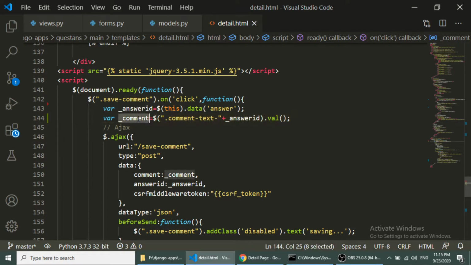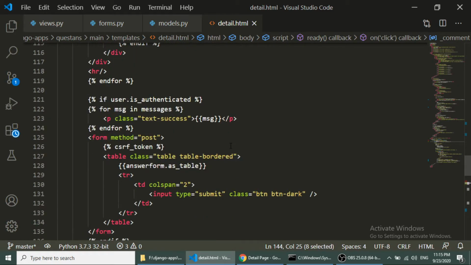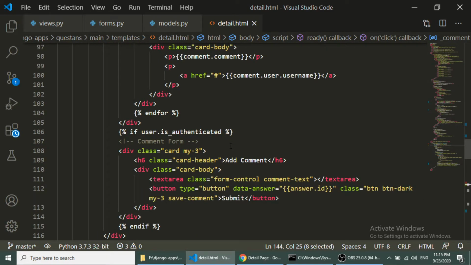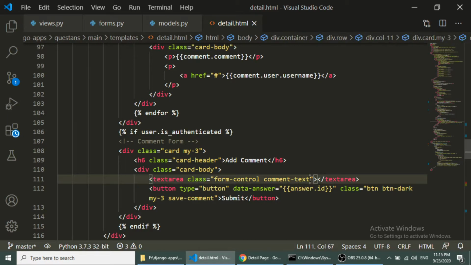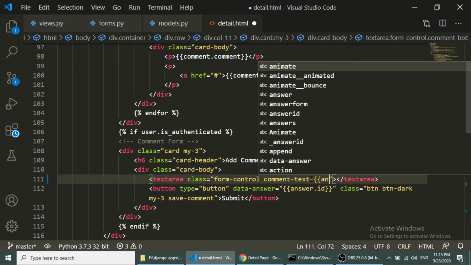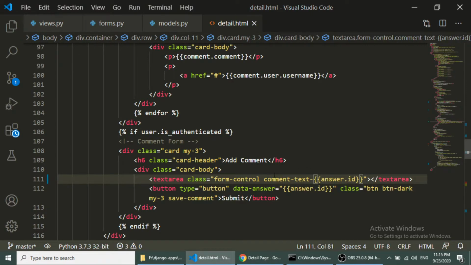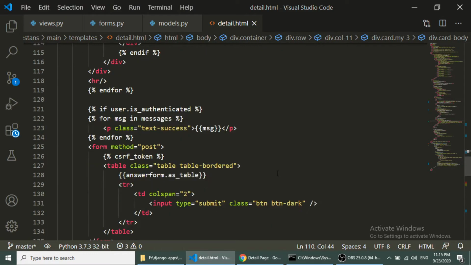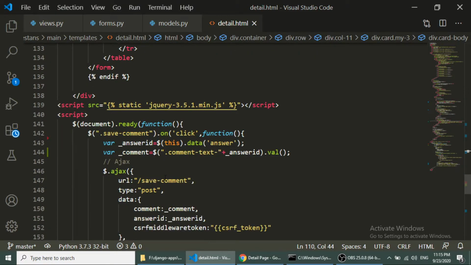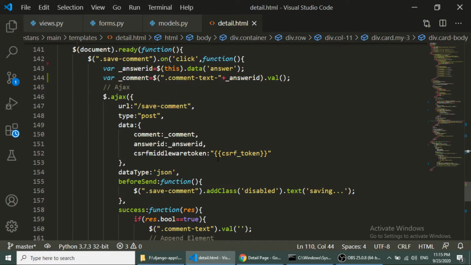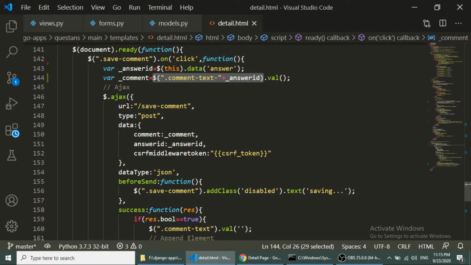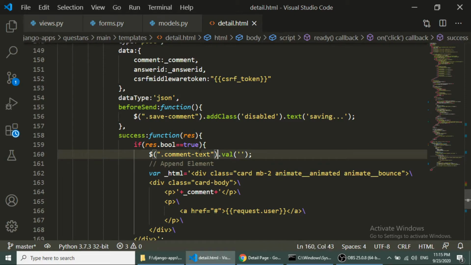Now we are able to get the comment of that particular answer. And in the text from the comment text, we will add the answer dot id. Okay, now we are getting the comment from the answer id, and when the comment has been submitted, we will make the value empty, make the text area empty.